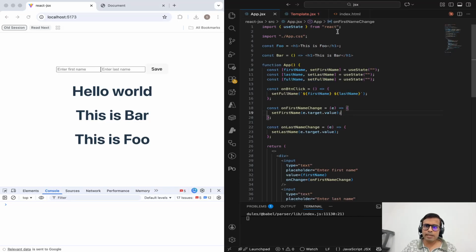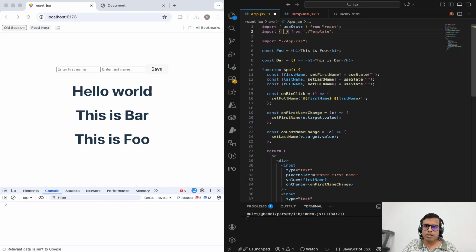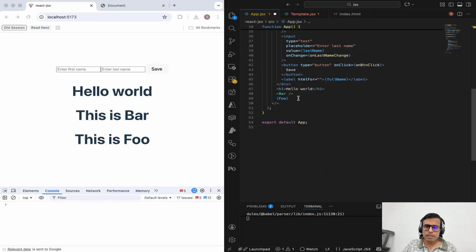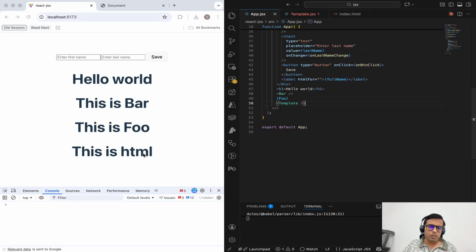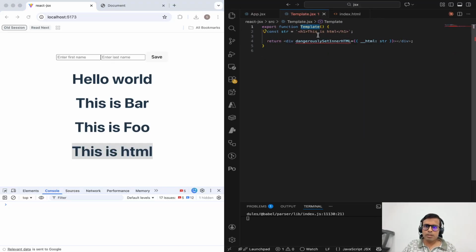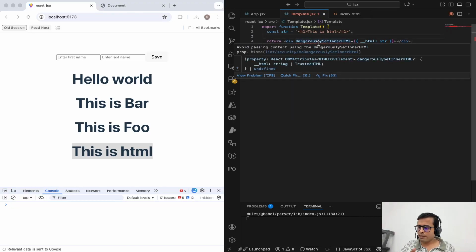Let me import this in my app.jsx file, because app.jsx is the entry point of React application. So let me just import template tag here. Let me render it like this. Let's see. So as you can see, this is how we could render any raw, string based HTML in any JSX syntax, right? But this is definitely not recommended. All right,